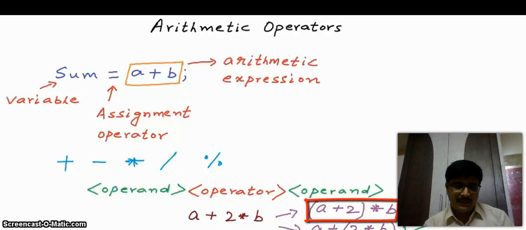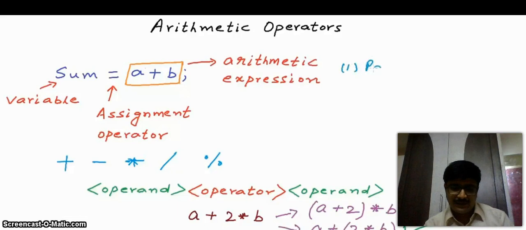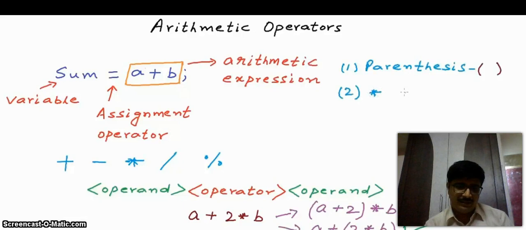In a complex expression, operator precedence is applied to decide the order of the operations. First, preference is given to parentheses. Next in priority are multiplication, division, and modulo, and then come addition and subtraction.